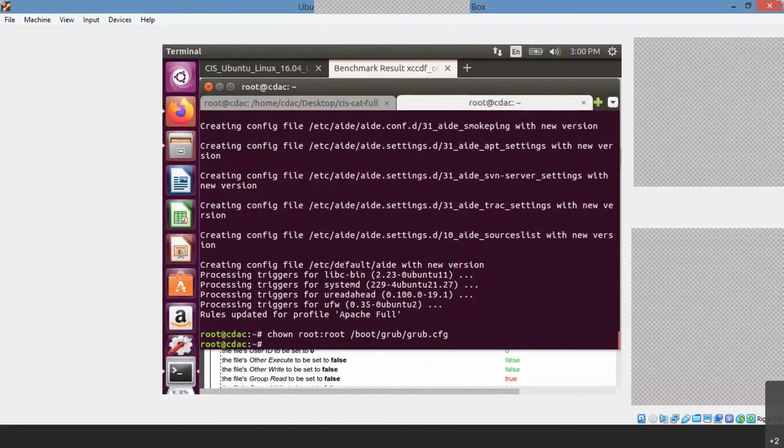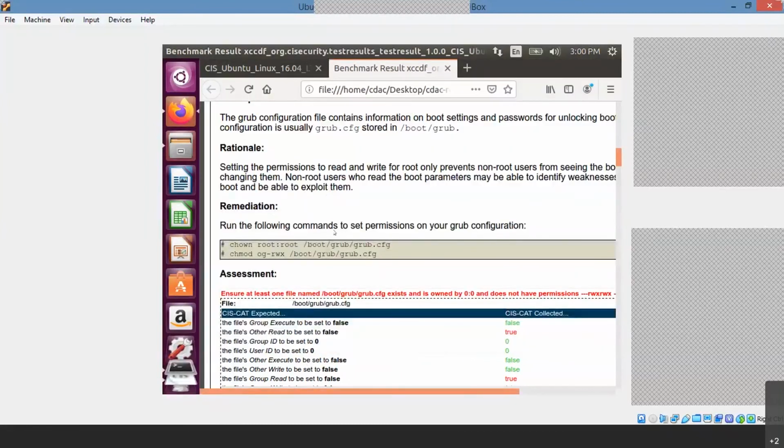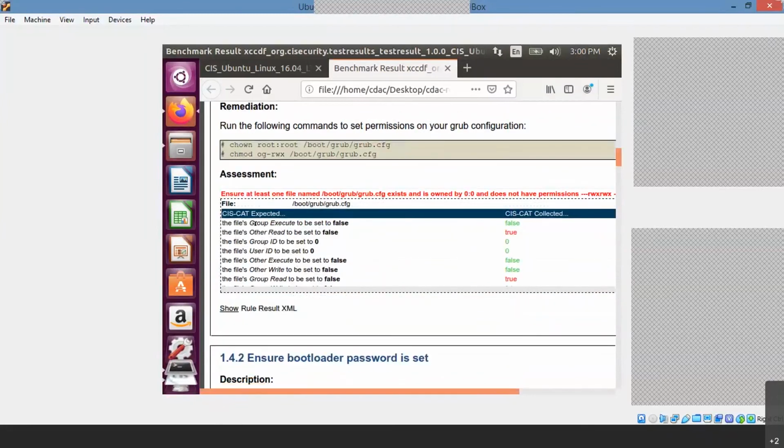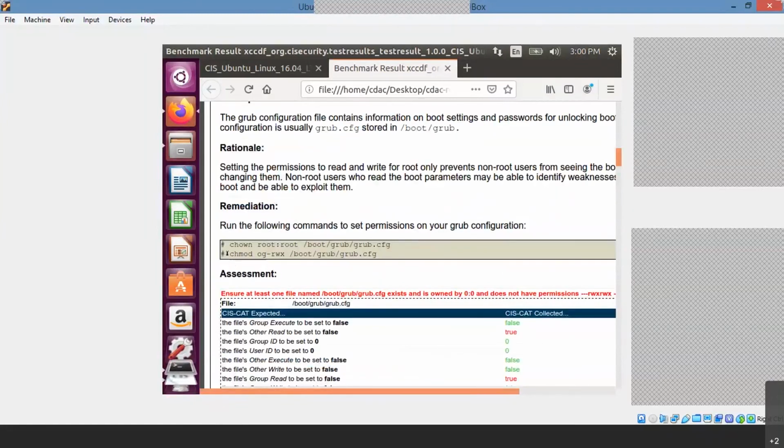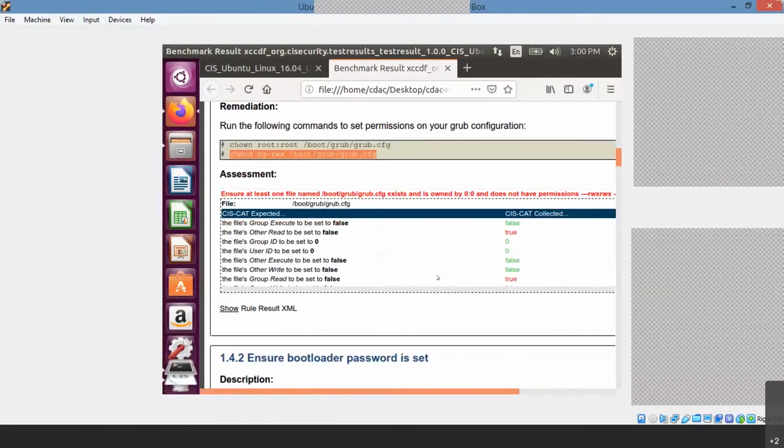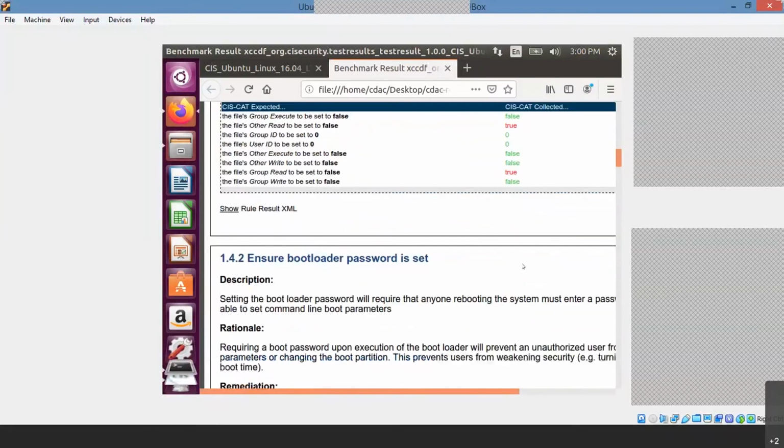Okay, so that means it is already there. So run the following to set the permissions of GRUB. Here again you have to run chmod og plus. The same thing you can do one by one, and also, as I told, there is a